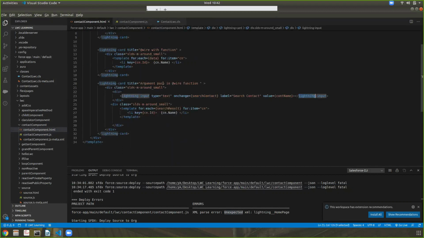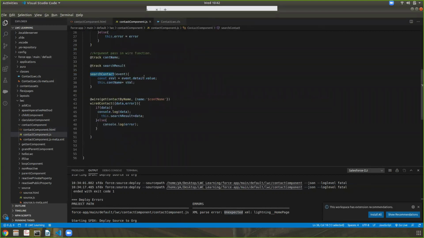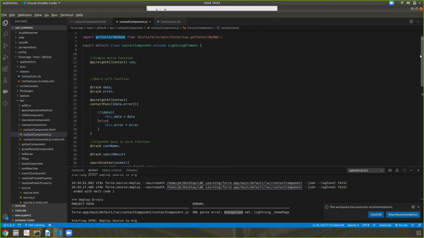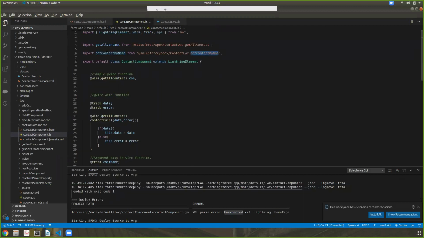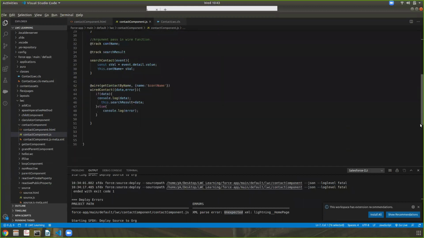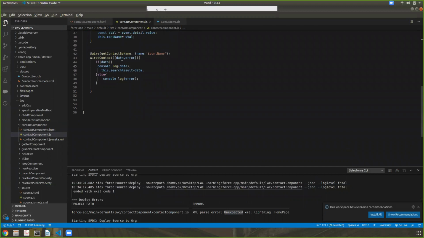Okay, so when the onchange event occurs, the value is taken from event.detail.value and assigned to this.contName as well, and here the wired function is called. So the wired function getContactByName is called. I'm calling this method here, with data comma error.